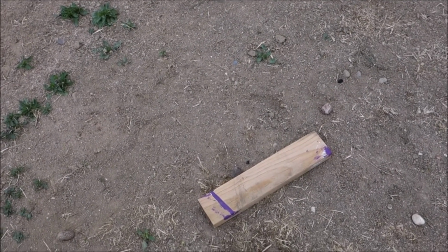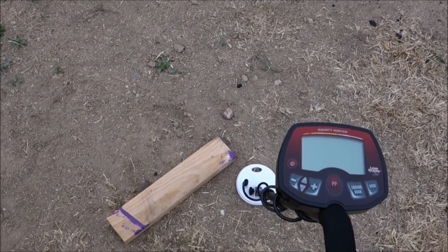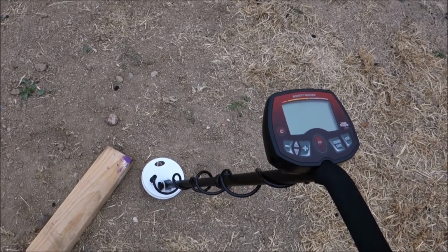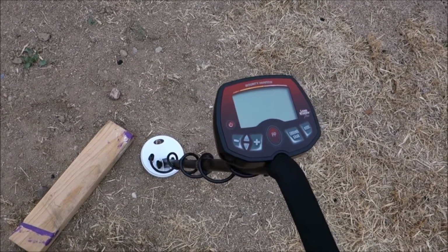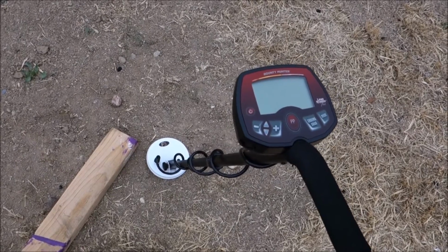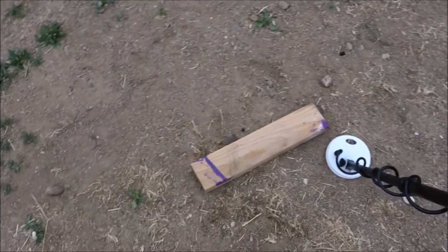I gotta be honest, it's to the point where, for my situation, I really want to like this detector, and I do. I love this detector. It's the detector I wanted for a long time, but even though I just bought it and haven't had it very long, there's a little devil on my shoulder saying, hey, get something like the wife has, like a gold bug. I love prospecting. We're prospectors as well. We love to do that, so it makes sense for me to maybe get rid of this and get something that can handle